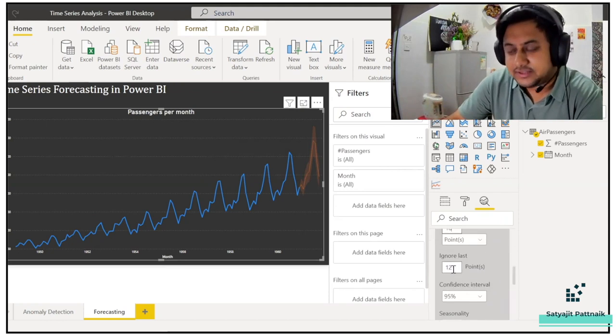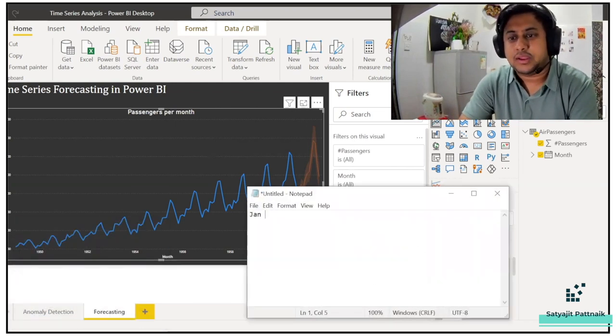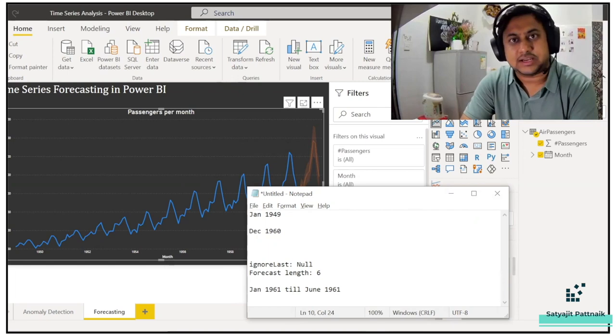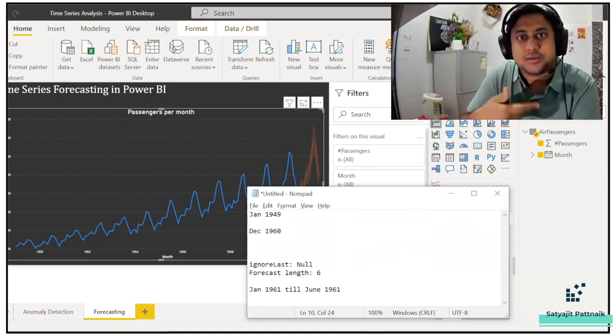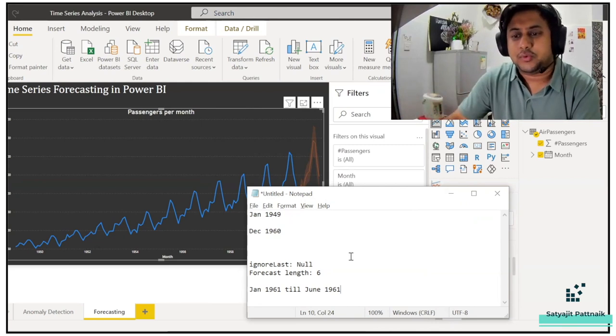So what does this mean? Just explaining again, let's say I have data from Jan 1949 till December 1960. If I keep the ignore last as null and give a forecast length as 6, that means I'm predicting for Jan 1961 till June 1961. As simple as that. But I'm not able to compare whether my predictions are correct or not. So what we do instead of this,